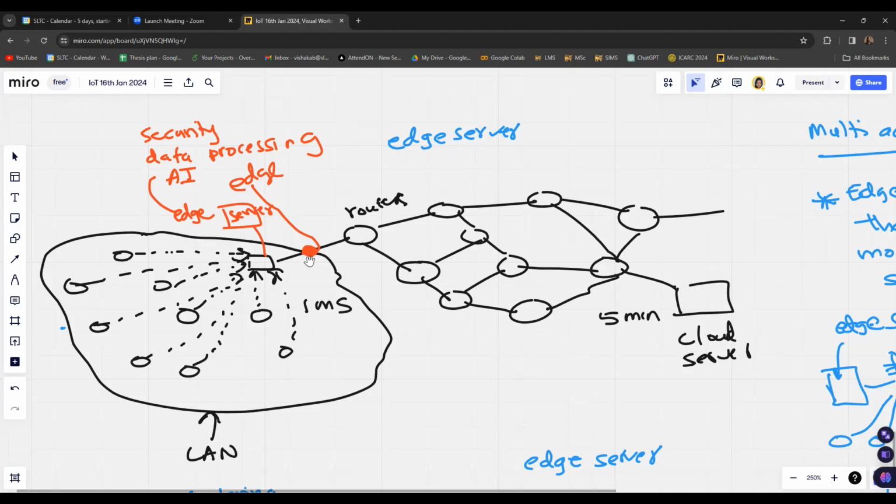The edge of the network is the location where the local area network is ending and a new network is starting. So edge is defined as the point where the local area network ends and a new network starts. We can install a server at the edge access point and do the computations at the edge of the network. If we can do the computations there, we'll be able to reduce the latency of transmitting our data from this edge server to the cloud server.